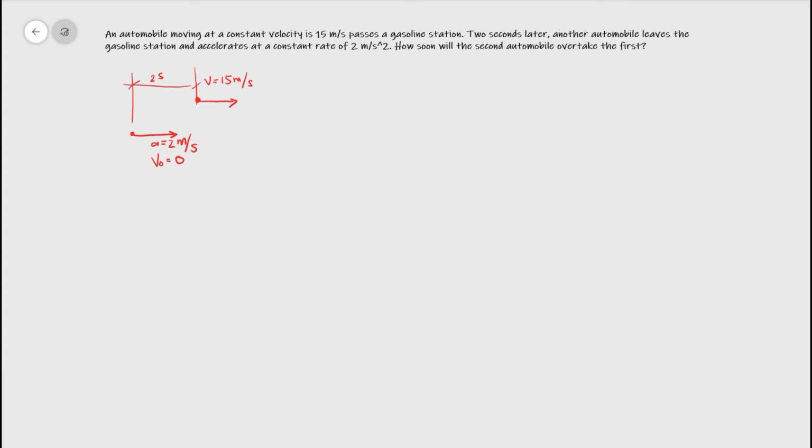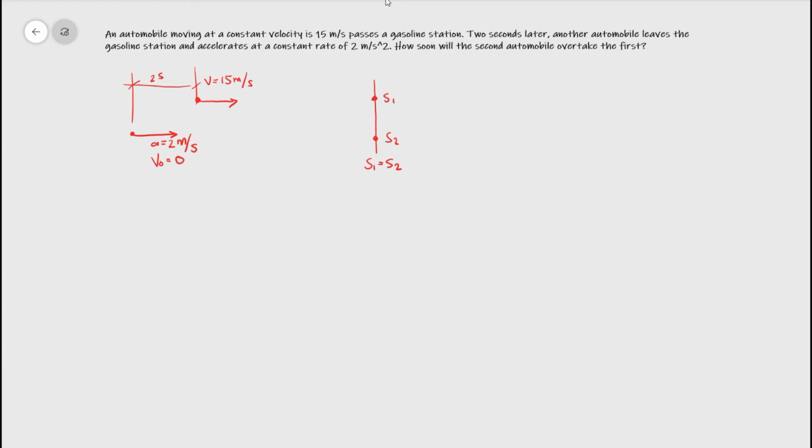Okay, and at some point, let's say at some point here, their distances are equal. Let's say S sub 1 and S sub 2, wherein at this point S sub 1 is equal to S sub 2. Now from the problem, how soon will this second car or second automobile overtake the first automobile? Okay, now from the problem statement, we know that the first car is having a constant velocity of 15